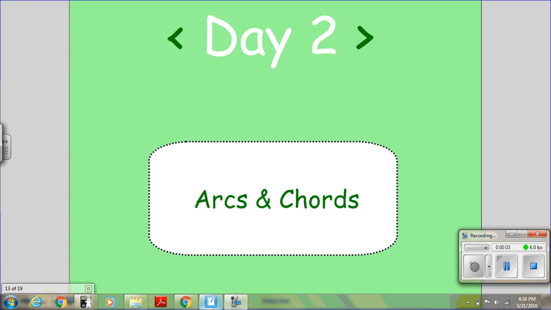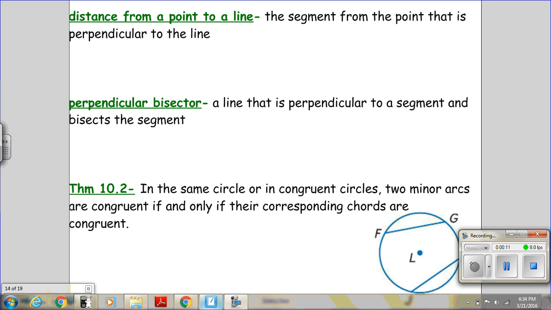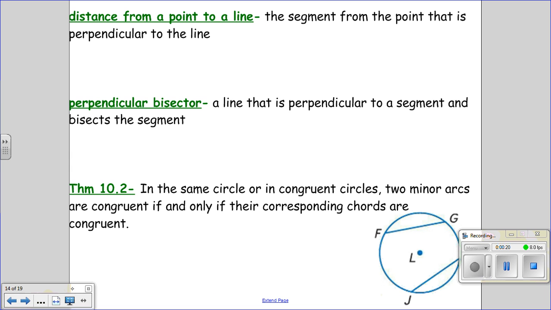Unit 10, Day 2 Notes. Today we're going to talk about arcs and chords in more depth. The distance from a point to a line. The segment from the point that is perpendicular to the line. So for example,